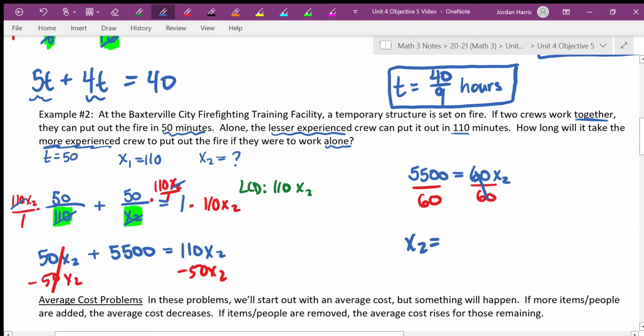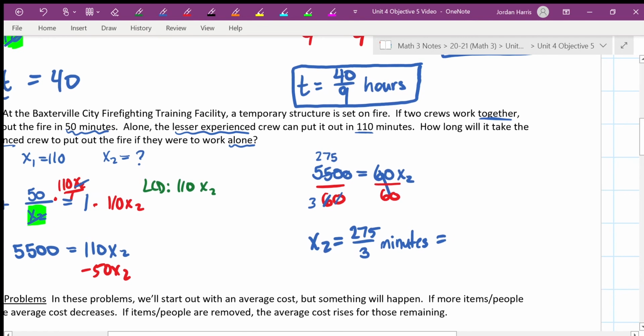we need to simplify if we can. So in this case, we can definitely simplify here. 10 goes into both, so that would be a 0 gone. 2 goes into both, so that would simplify this to, let's see, 275. And is 275 divisible by 3? Nope. It's not a perfect number, so if you wanted to, you could do this: 275 divided by 3 minutes. But like I said, you can leave it like that, but I'm going to write the answer